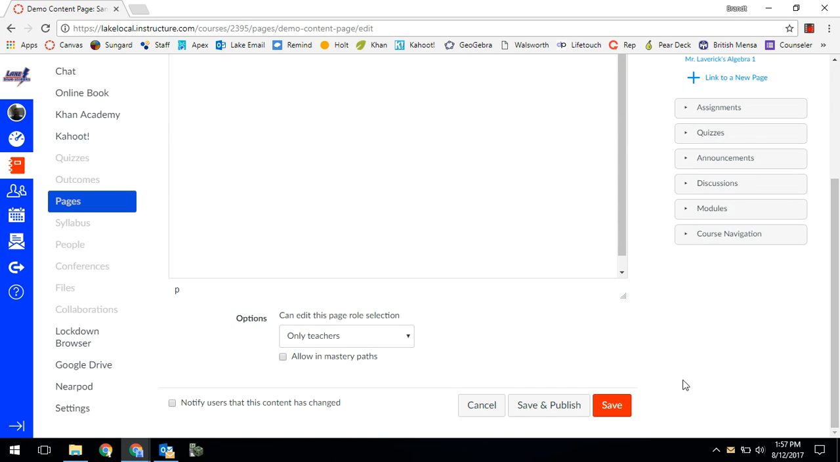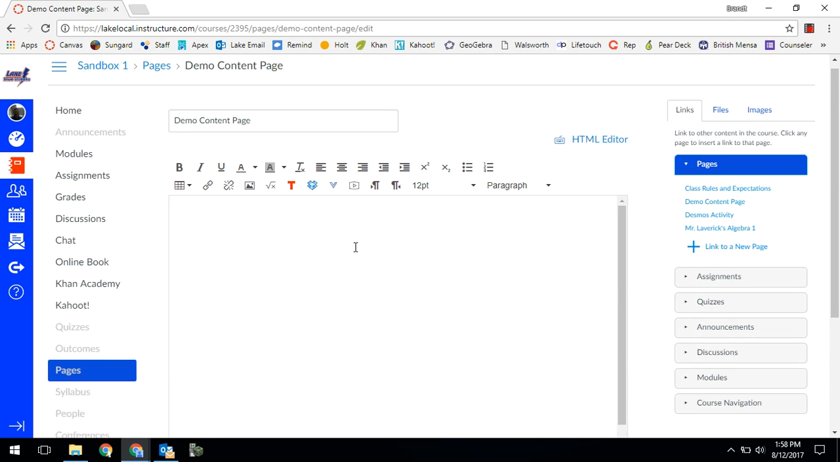Down here, I can choose to let the students edit this page, or anyone to edit that page. If someone is just an observer, they can edit that page. But I'm going to keep this one as only teachers. Okay. So now in here,